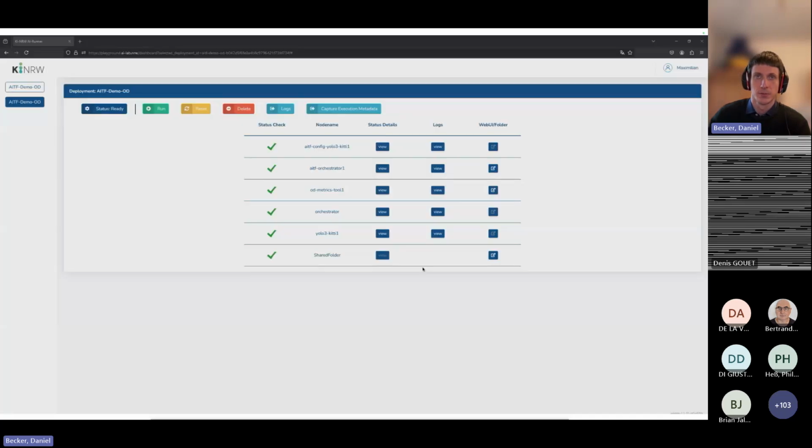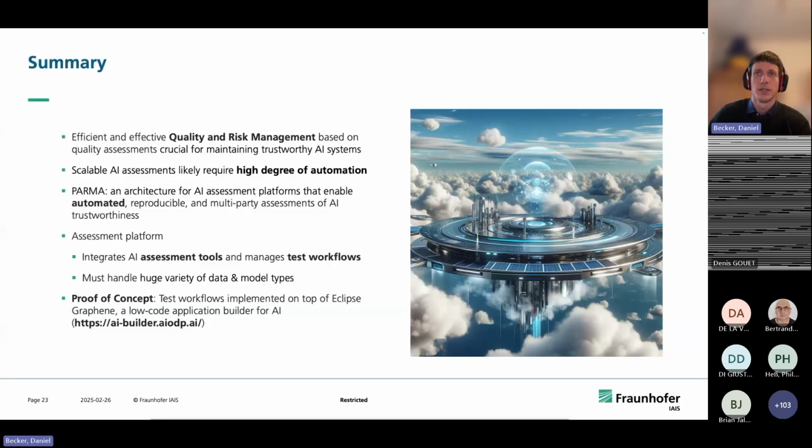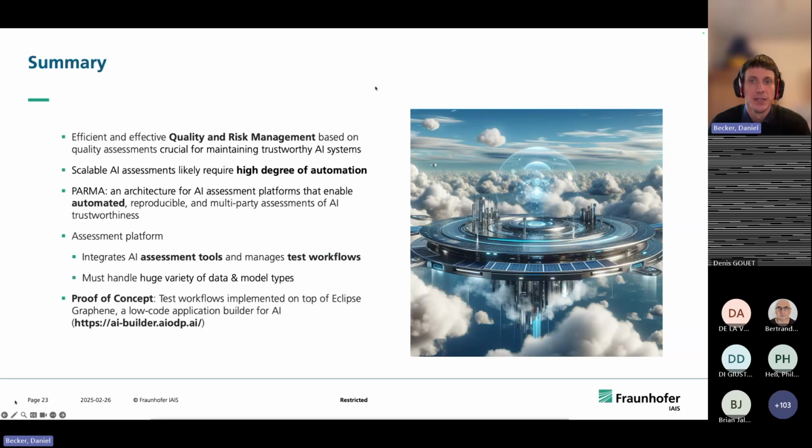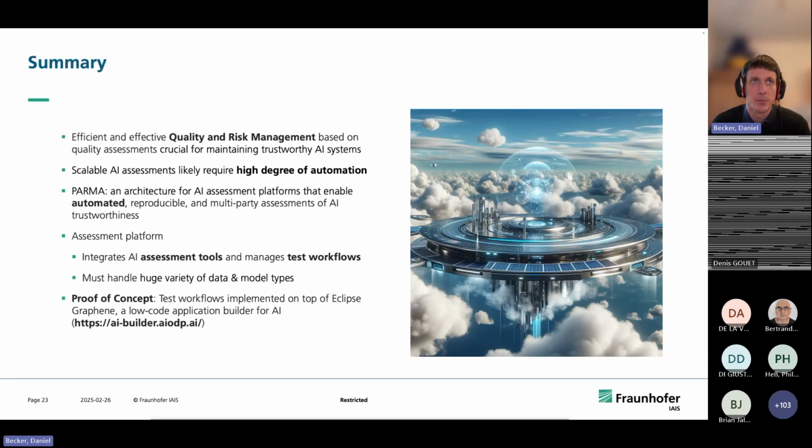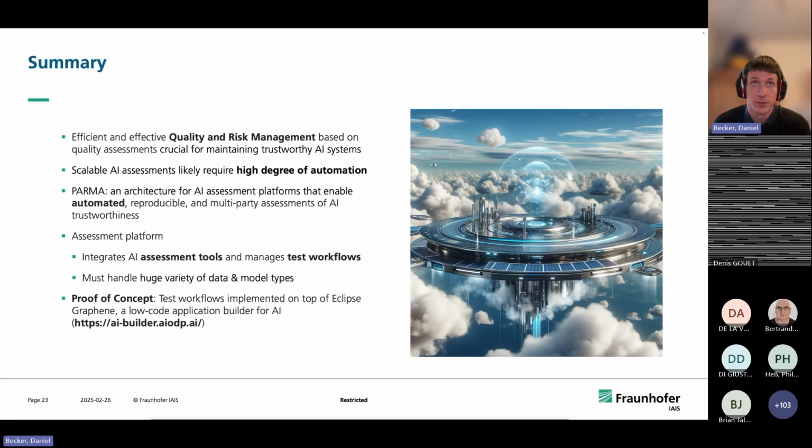And with this, I'm at the end of my presentation, and just to sum it up: we think that for efficient risk and quality management, which is very important now and will be even more in the future, it's crucial to have a high degree of automation. We developed a platform that takes this need for automation, but also other aspects, into account.